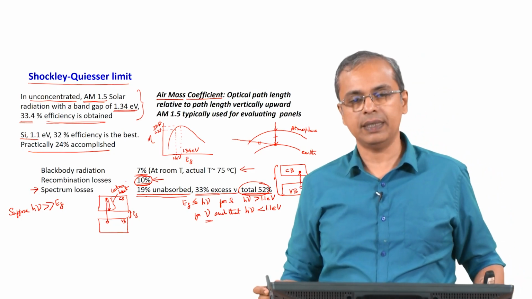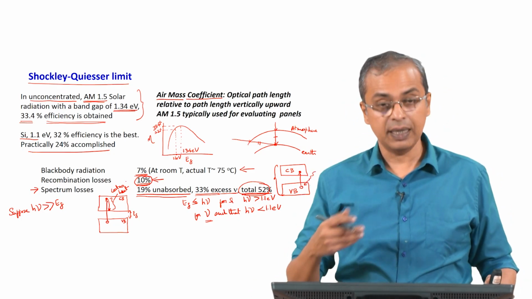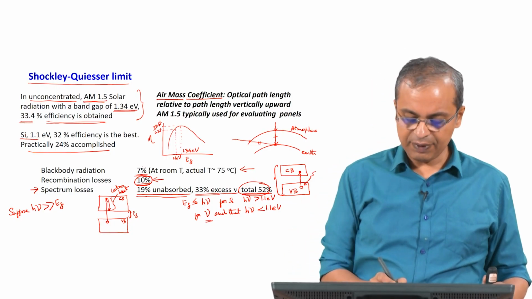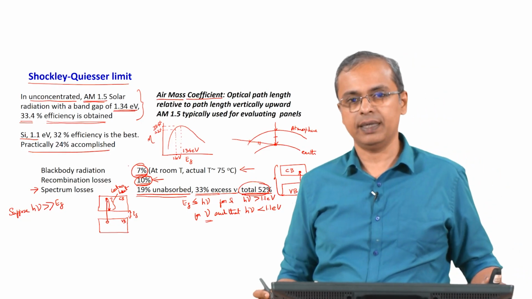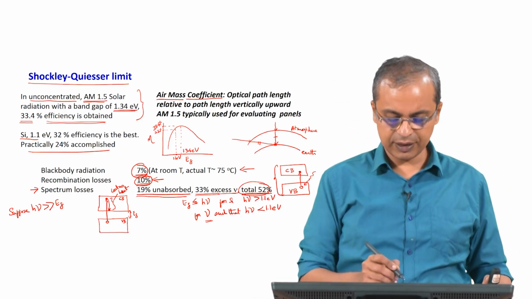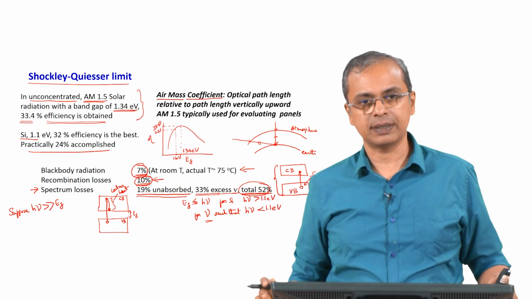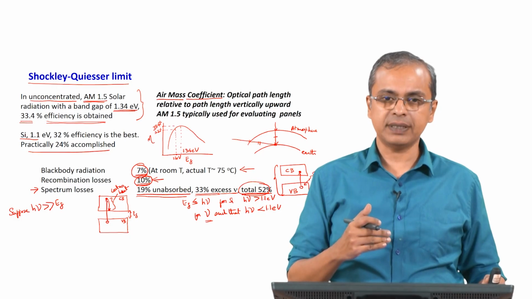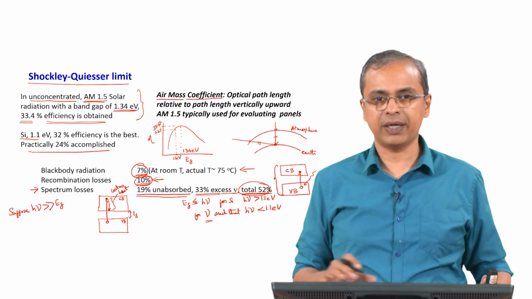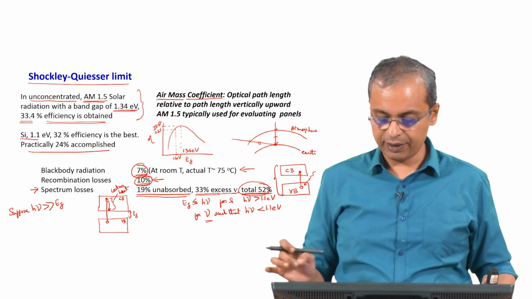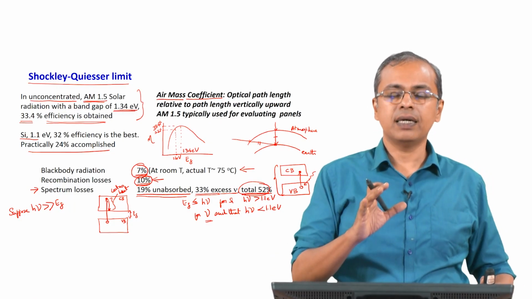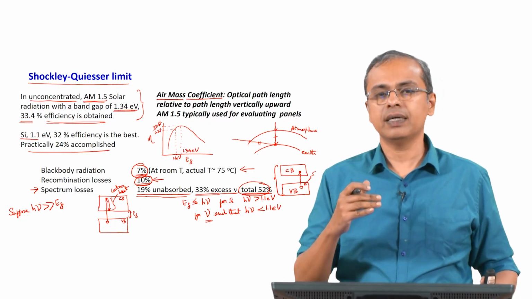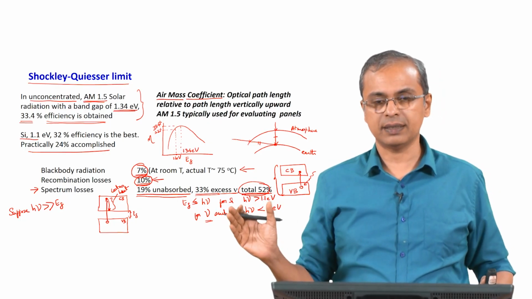due to the recombination losses because of the electron hole pair recombining, and another 7% you have lost due to black body radiation. So, this is 52, this is 62, and if you add all that, that comes to 69. So, something like that. So, you are just less than 70%. Based on the exact details that you take into account, exact numbers will be slightly different, but you find that approaching about 70%, somewhere between 65 and 70% is the number you will arrive at, which represents the total loss that is